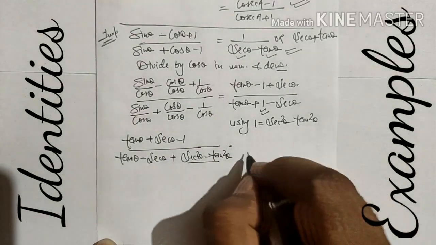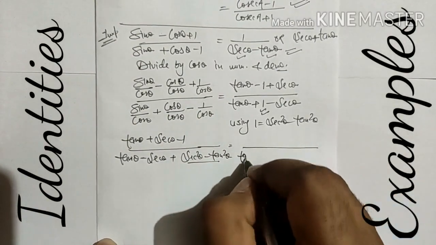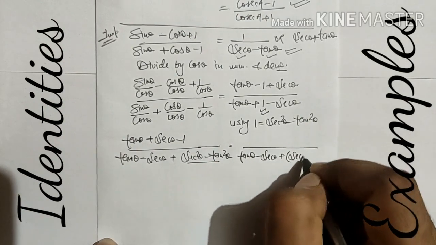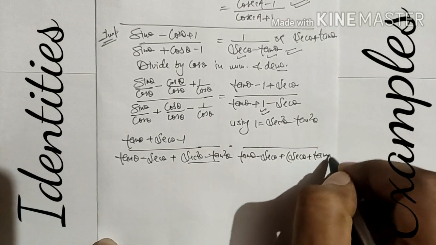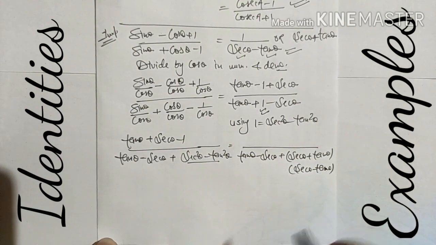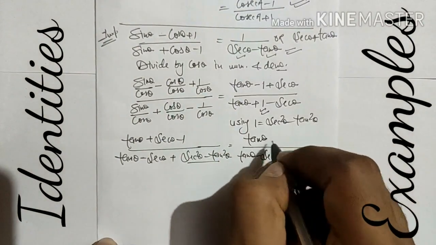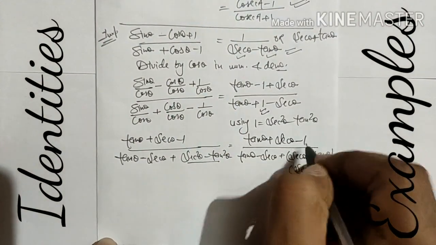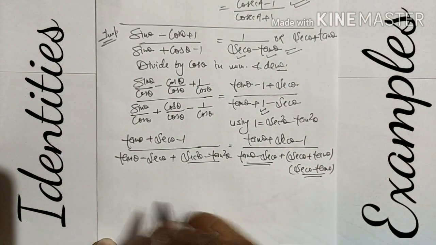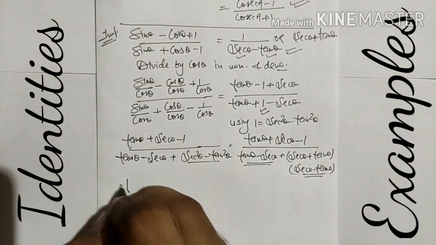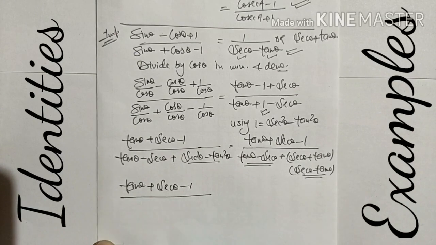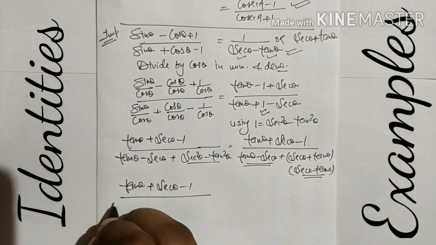Here we are going to use a square minus b square formula. Tangent minus secant as it is. This is changed by identity. A square minus b square, a plus b, a minus b. Numerator remains same, no change. If you see here, this term and this term are same, only change of minus symbol. So taking common from here, tangent theta plus secant theta minus 1. We are taking common here secant theta minus tangent theta.